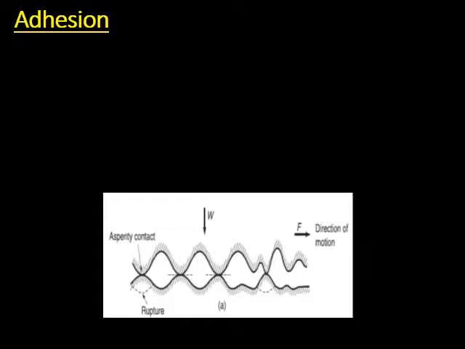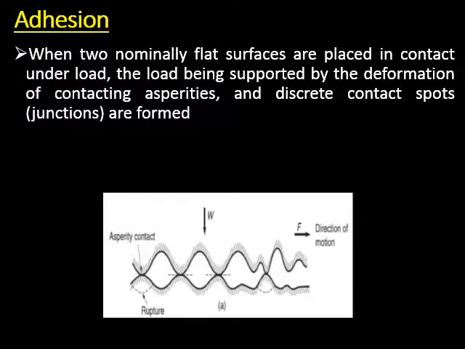Therefore the pressure at the points of the real contact of these asperities will be very high, since they are touching each other, and the atoms of one surface are in very close proximity to the other surface,